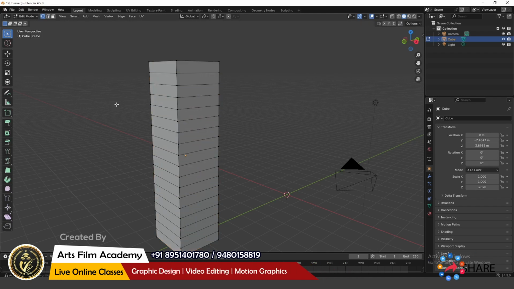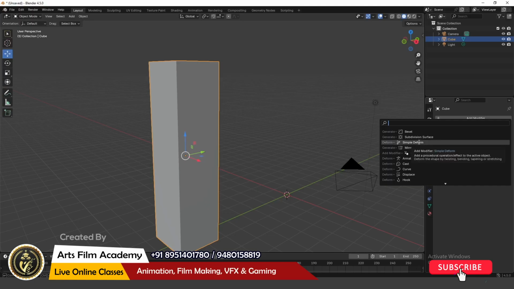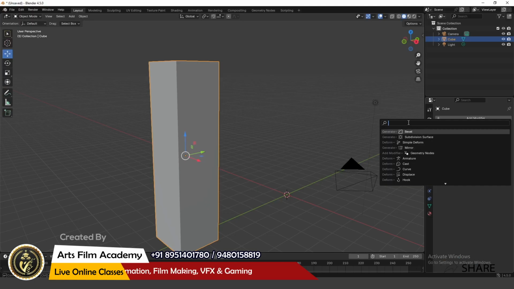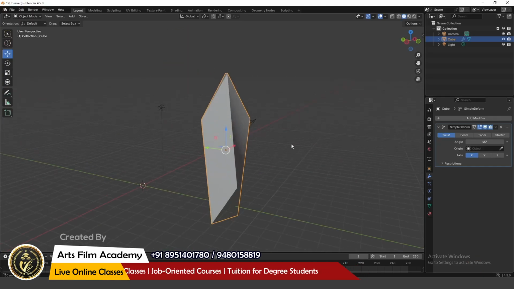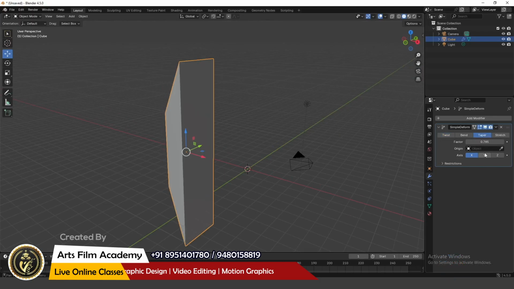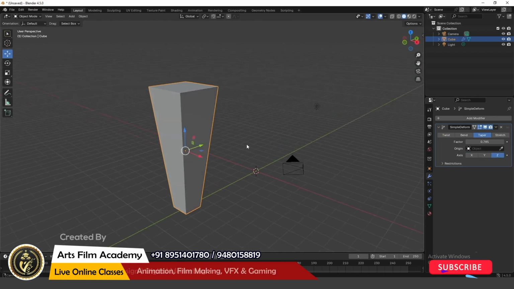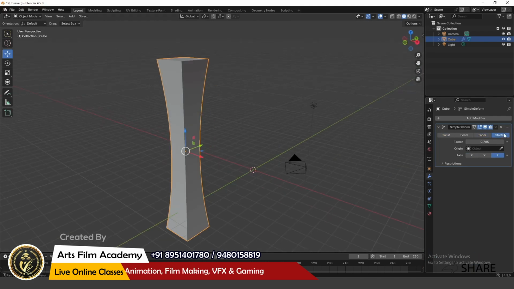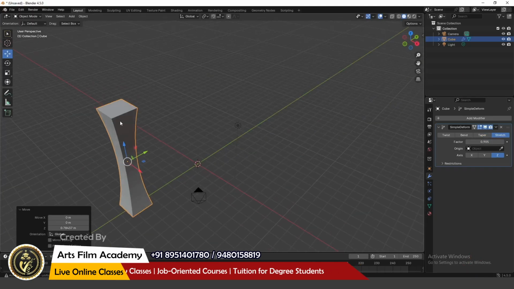Left click to execute, then go back to object mode, and let's add simple deform. So you can type simple deform, and we require something like a tapered leg. So we'll add taper. Let's change the axis of it. Let's add a stretch and see how it looks. This looks better than the taper. I'll add one more